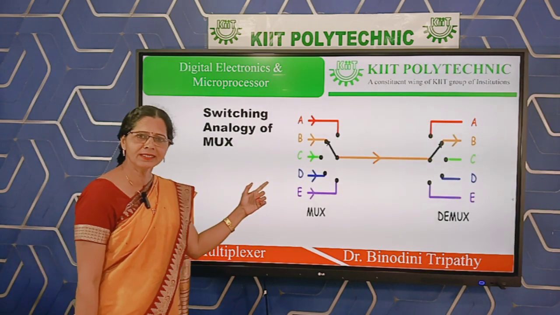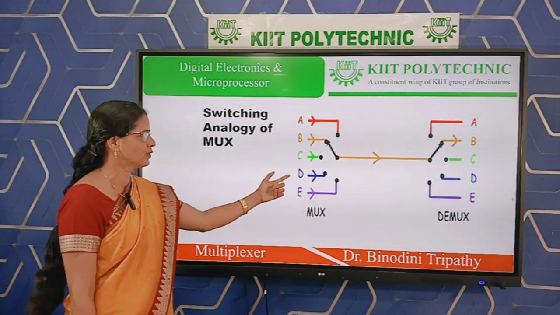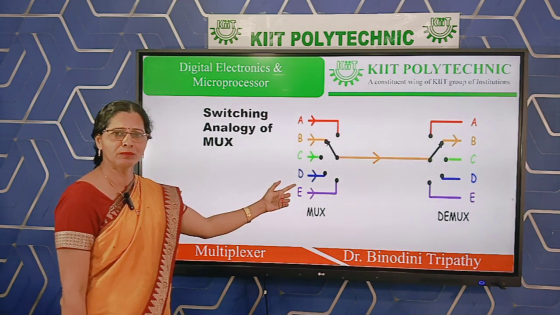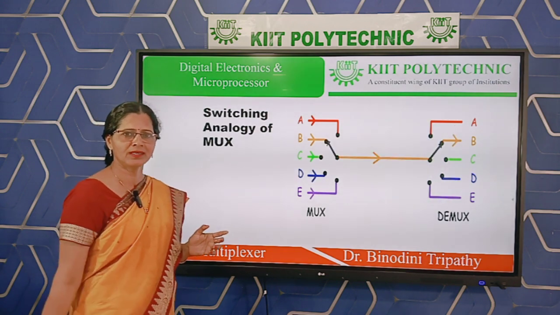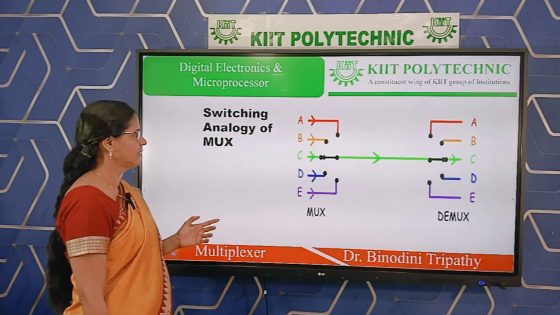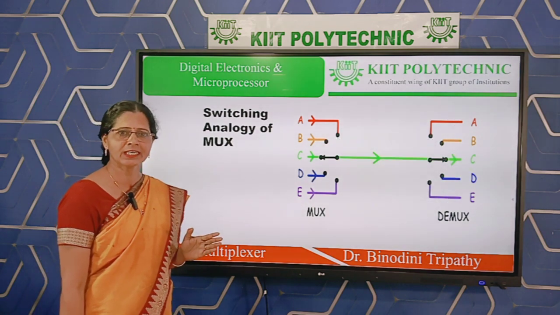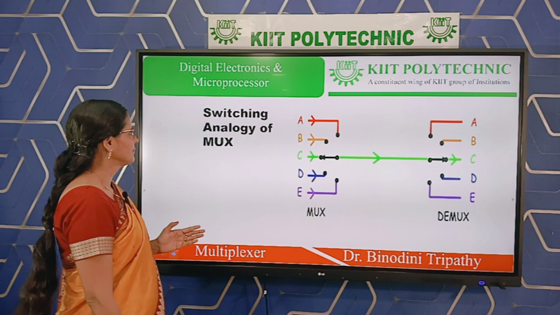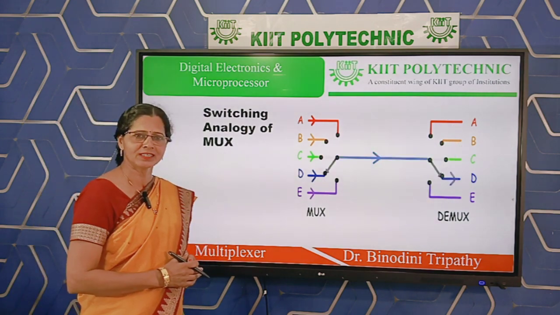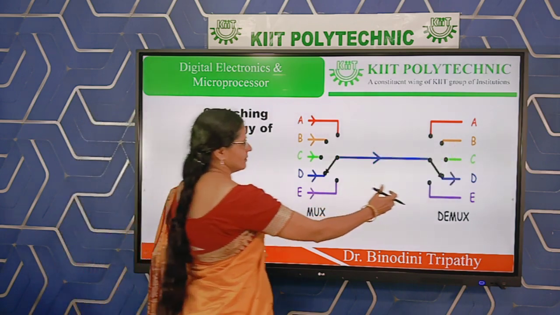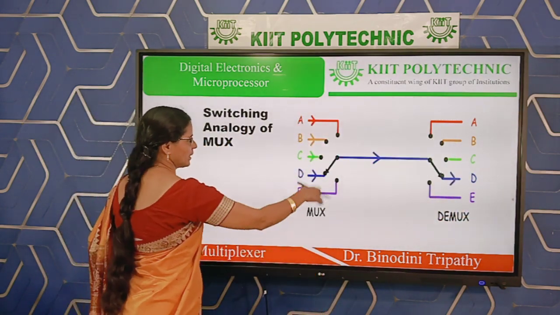Now we can look at the equivalency. The previous slide only symbolically explained the definition. Now you can be very clear about what is happening within the multiplexer. Electrical equivalency: simply, a multiplexer can act as a switch. Forget about this portion, I will tell you later. Only this portion is the multiplexer.